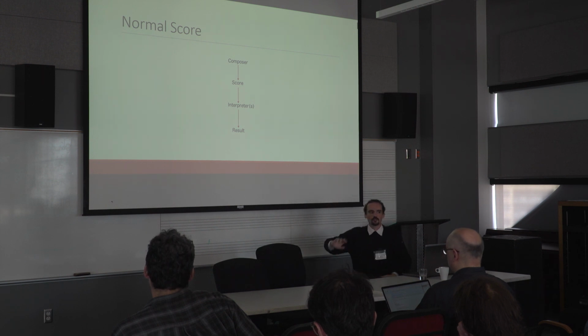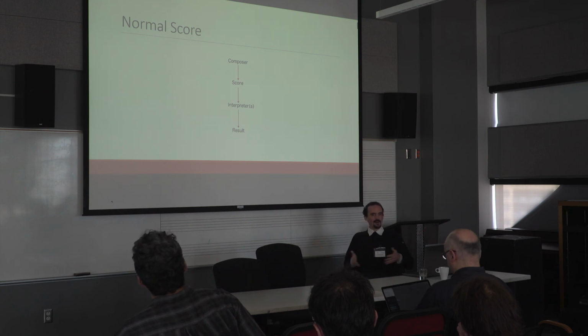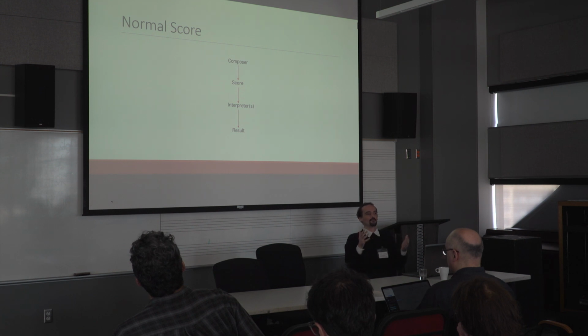Normal scores are like this. There is a composer. The composer writes a score. The score is finished after the composer has worked on it. That's clear. And then comes the interpreter or many interpreters, and they know how to codify it, and then there is a result. The result is 1, more or less. It's never 1. But we assume it is 1 in the sense that we can foresee 90% of the results. Then there is interaction between performers, there are different interpretations, but still.